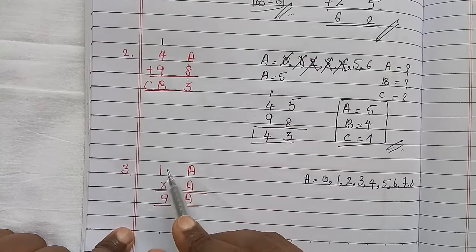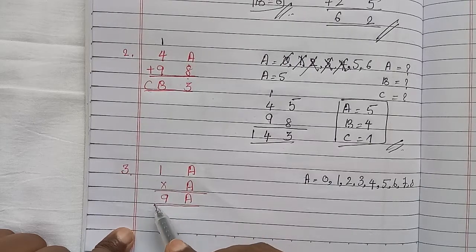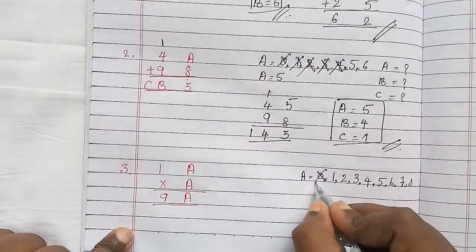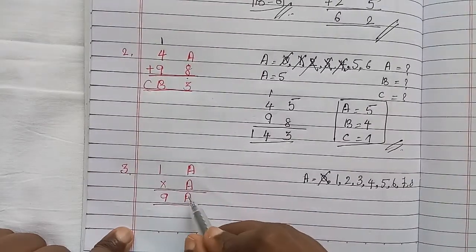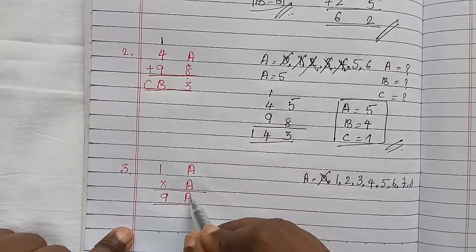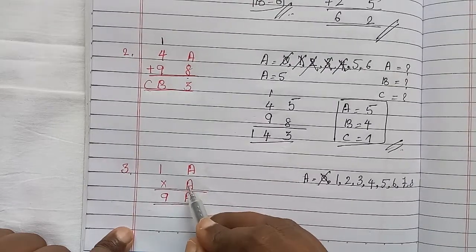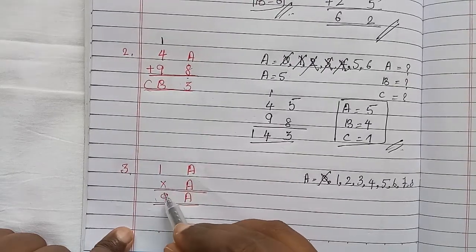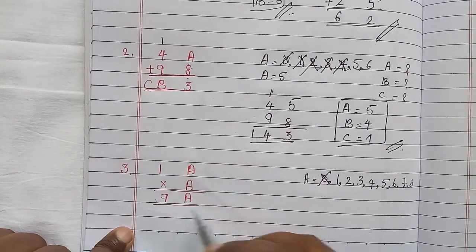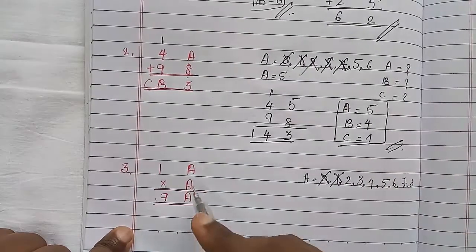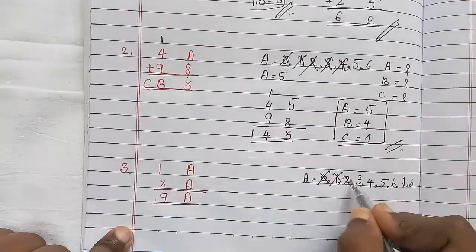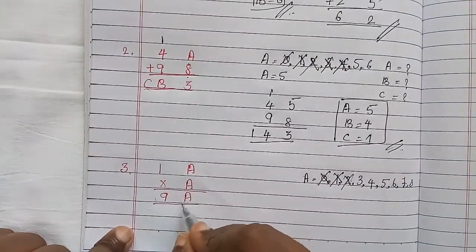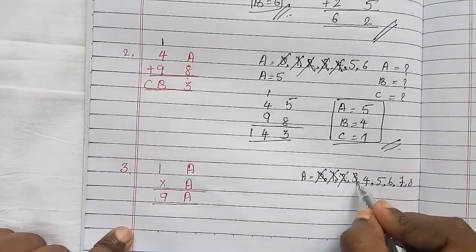See here, the next step. 0 times 1 is 0. There is no formation of 0 because it is invalid. I will take the value of a as 1. 1 times 1 is 1. See, the answer is also 1. There is no 1, that's why it's also wrong. I will take the value of a as 2. 2 times 2 is 4. There is no 2, it's also wrong. 3 times 3 is 9. There is no 3, that's why it's also wrong.